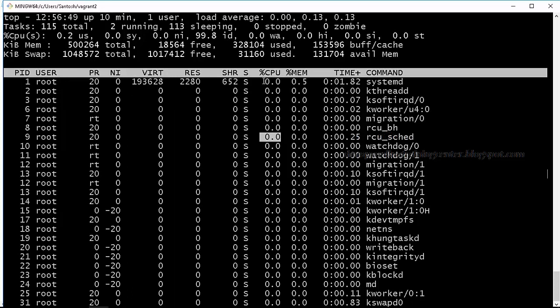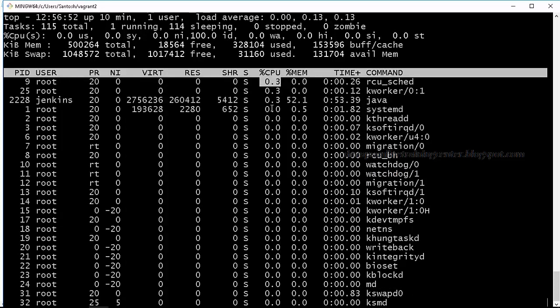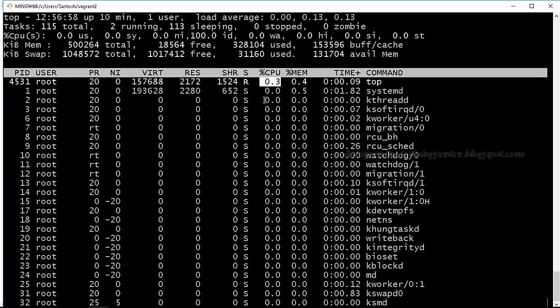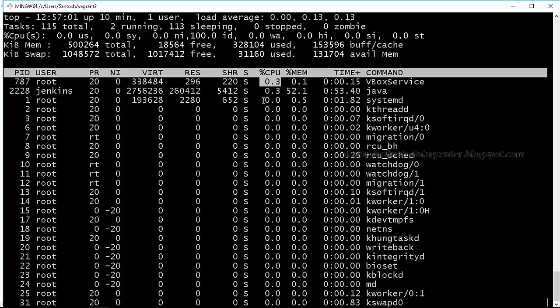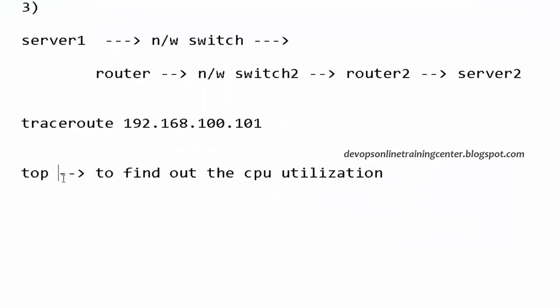So ideally, the CPU utilization should not be more than 80% or 70%. If it is continuously increasing, it means there might be some memory leak issue that is causing the problem. If the CPU utilization reaches 80 or 90%, the machine may crash. The same is true of the memory percentage. That's why we need to continuously check the CPU utilization, right? For that, we have a command called top.